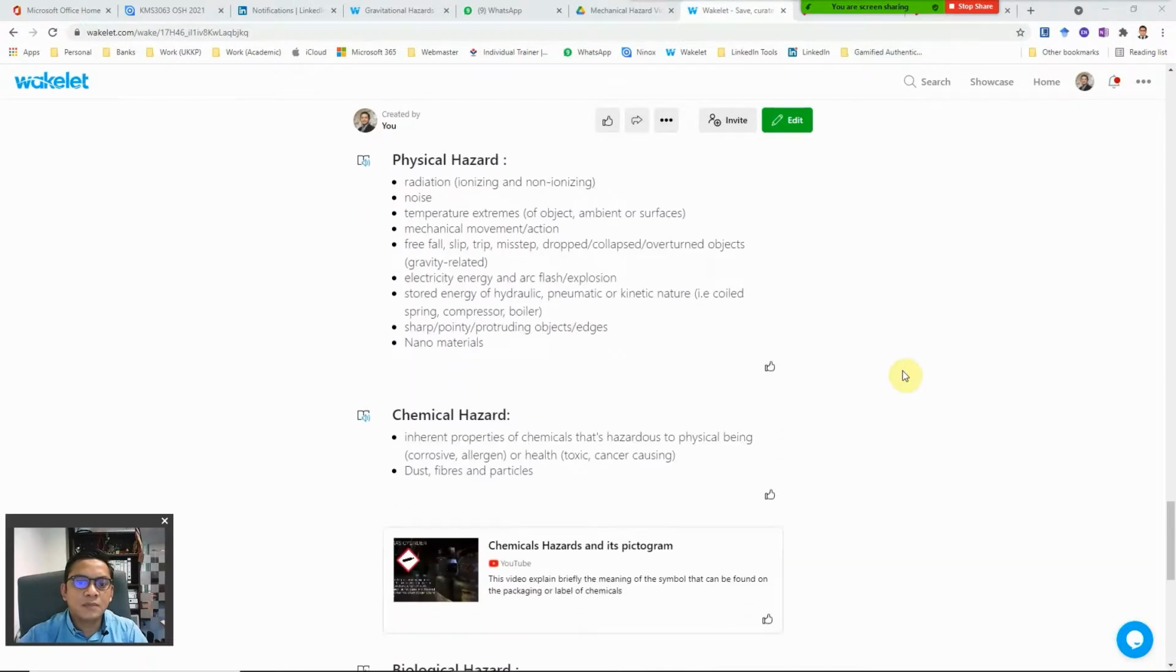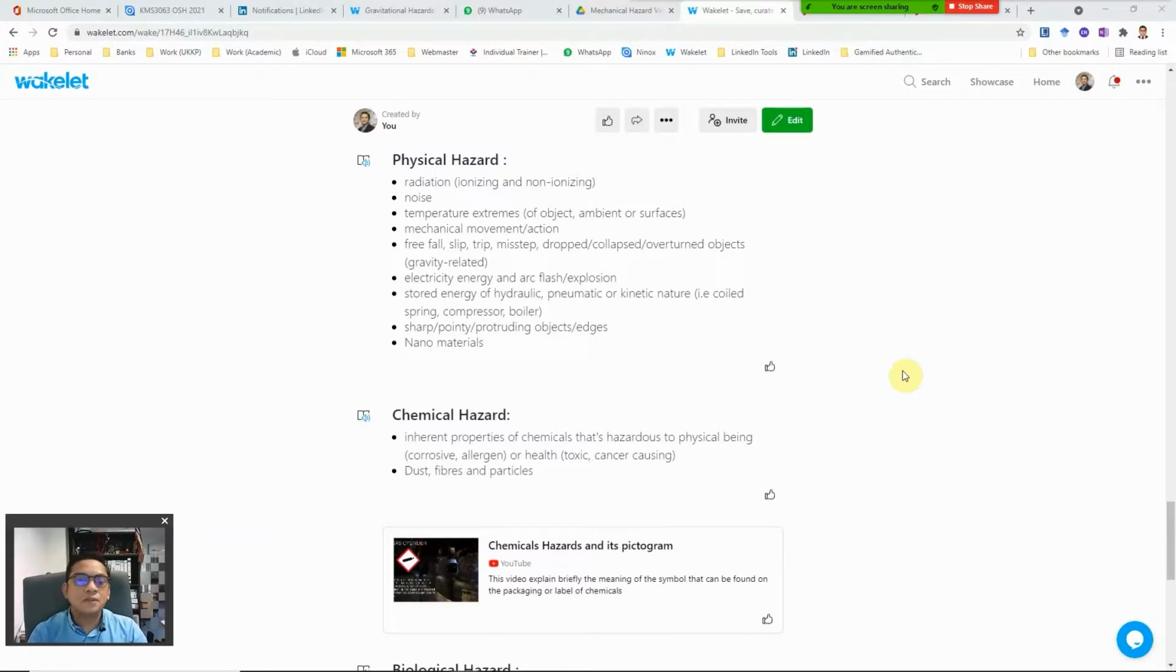So what are the items within the physical hazards? The hazards that are considered as physical hazards are listed as radiation. Either it's ionizing or non-ionizing radiation. Ionizing is relating to radioactive material. Non-ionizing is the wave, gelombang, like electrical wave, telecommunication wave. There are also noise hazards, temperature extremes of object, of the surrounding ambient temperature, or the temperature of